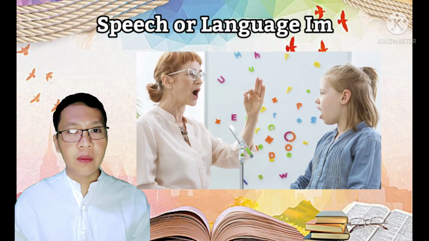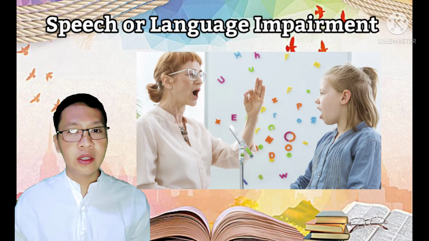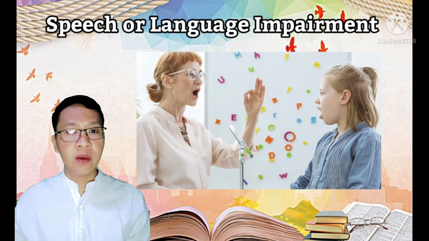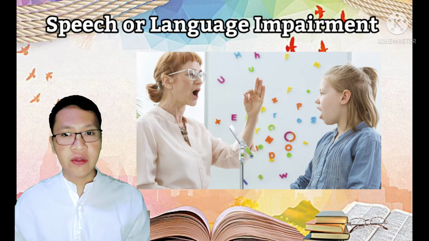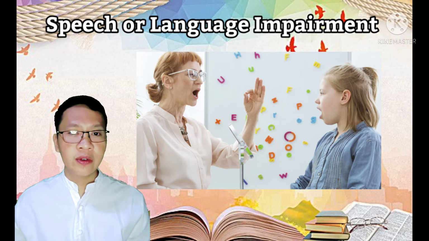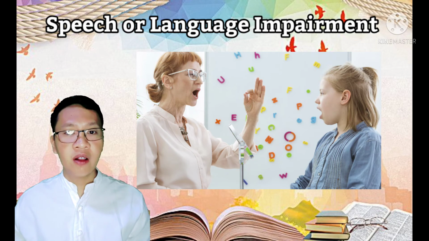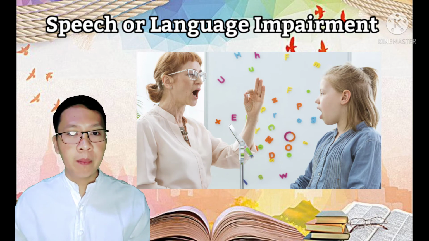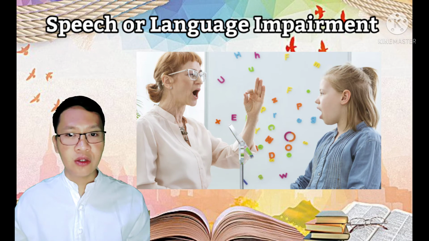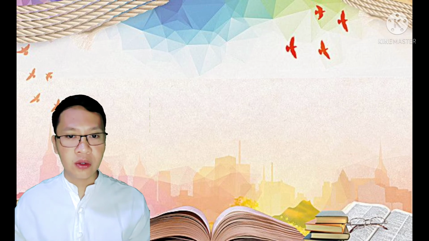Speech or language impairment, a communication disorder such as stuttering, impaired articulation, a language impairment, or a voice impairment that adversely affects a child's educational performance. The strategies used for this case: encourage and accept all forms of communication, be conscious of your own communication style, teach active listening skills, and give time to think and respond to the question.